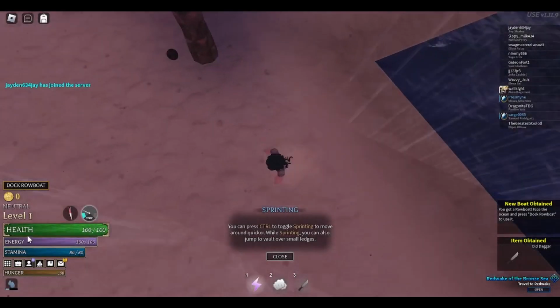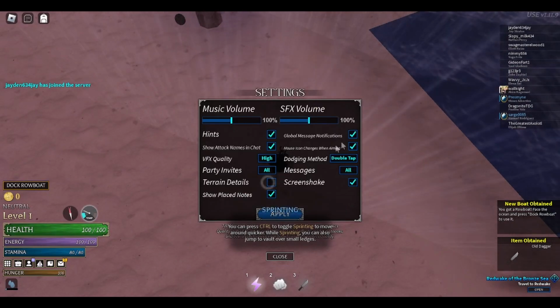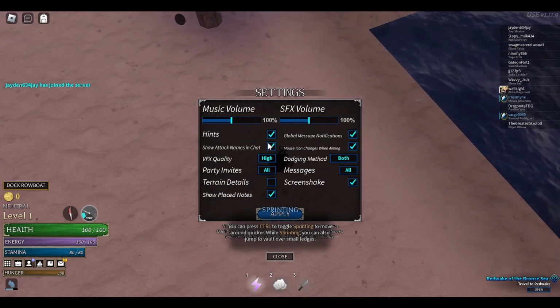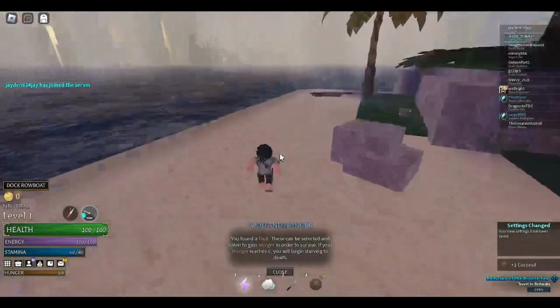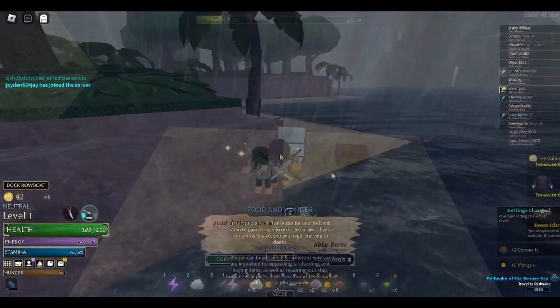Now, one of the first things I recommend doing once you make your save is that you should go into your settings and change your dodging method from double tap to either shift or both. This way you can just press shift on your keyboard instead of having to mash your W key to dash around. This will help way later on, so you can get used to it and be pretty